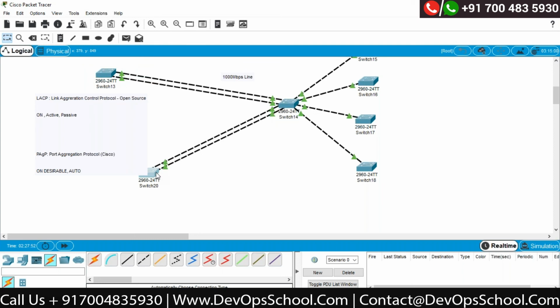You can see NIC bonding has been done successfully. So I'm using both the lines in order to send the traffic. So my throughput